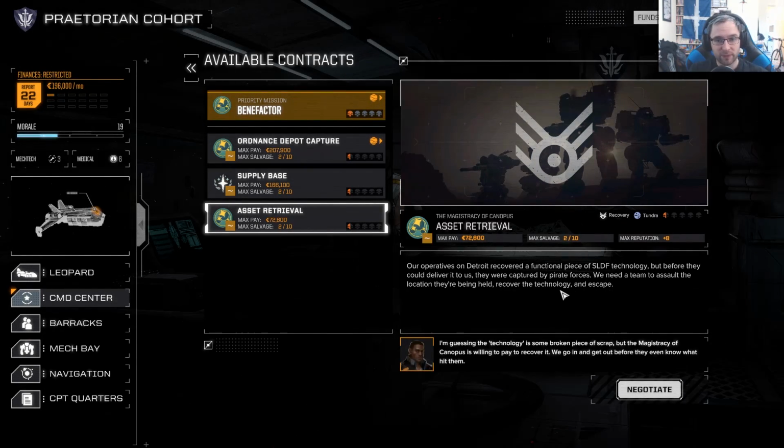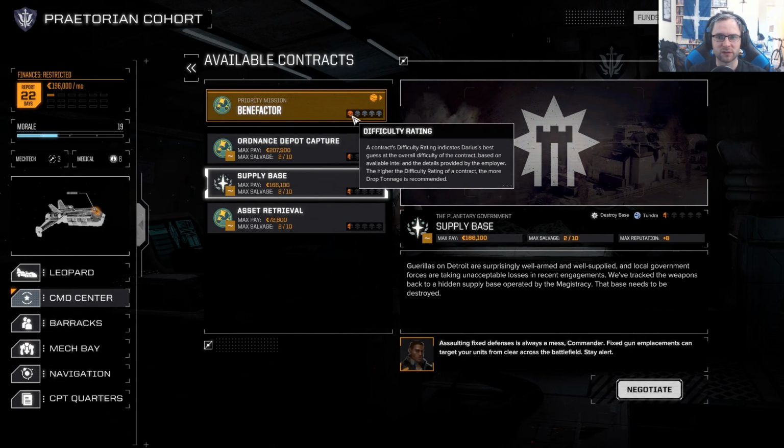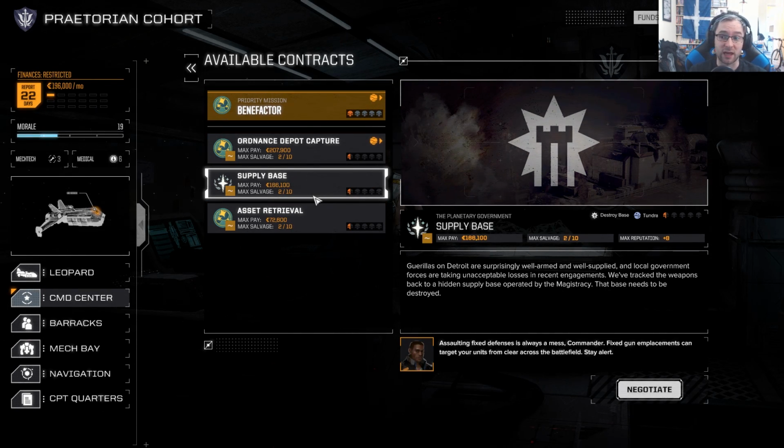Okay. That seems pretty easy. It's on this planet. I don't know if we'll get the Star League Defense Force technology. It'd be cool if we did. Since we're here, I think we might do this one anyway, before going to this Benefactor mission, because it does have a rating of 1 skull, not half a skull. And we're here, so...